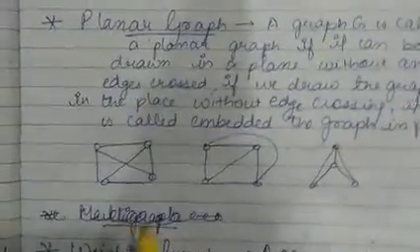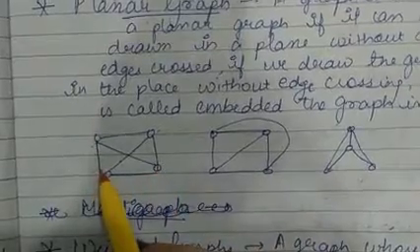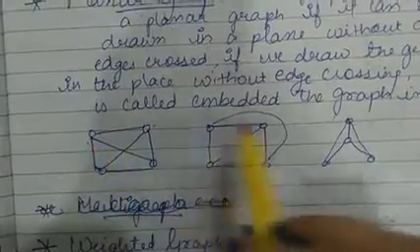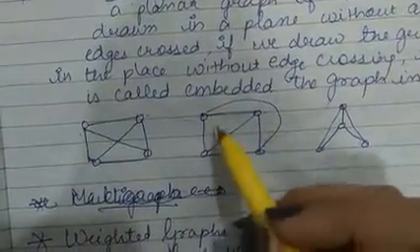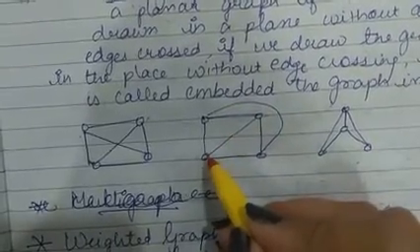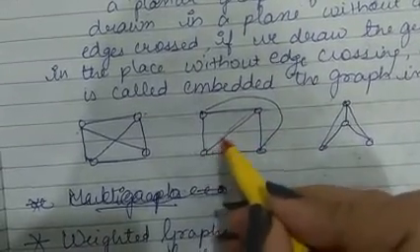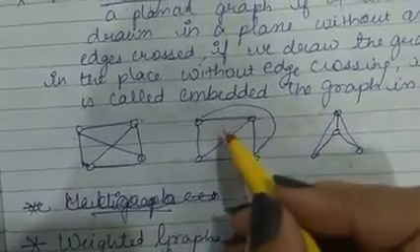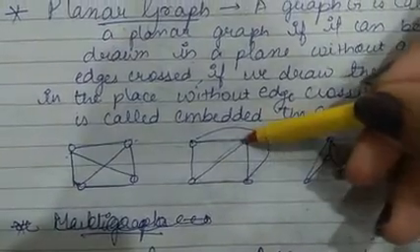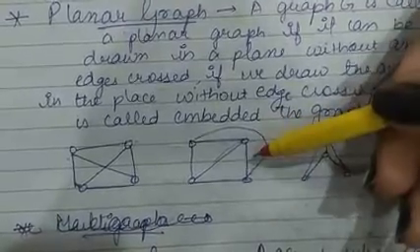So suppose here I have 4 vertices, and here I have the proper edges between them and no edge is crossed over with each other. Here we have 4 edges, no edge is crossed with each other. Suppose I have drawn multiple edges here, suppose this is one line, and I have drawn a second line here, so this is nothing but crossed edges, and these crossed edges tell us that this is not a planar graph, this is a non-planar graph.